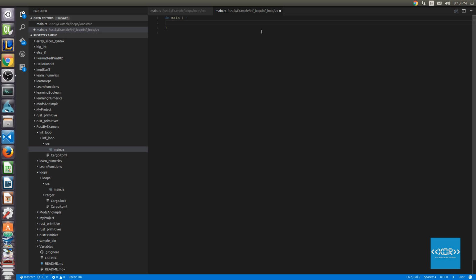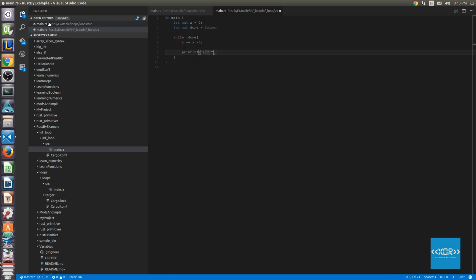Alright, so there's essentially two ways that we can achieve the same thing here. Rust just provides a lot of niceties in its syntax in the way that we can clean up our code. So what I'm going to show you first is the fairly old-fashioned way. We'll say let x equal to 5, and then let mut done equal to false. And then we've got our while loop, so we say while not done, and you can see where this is going, so we're going to do x plus equals x minus 3, and we're going to say println,